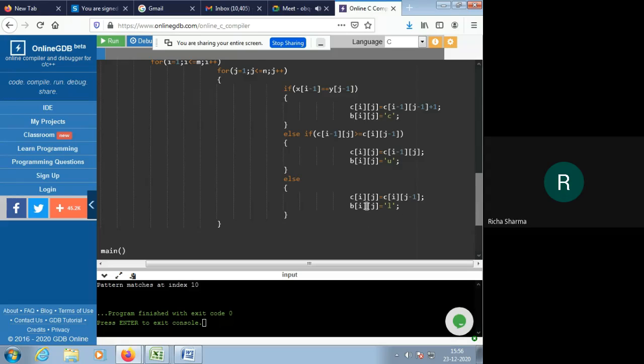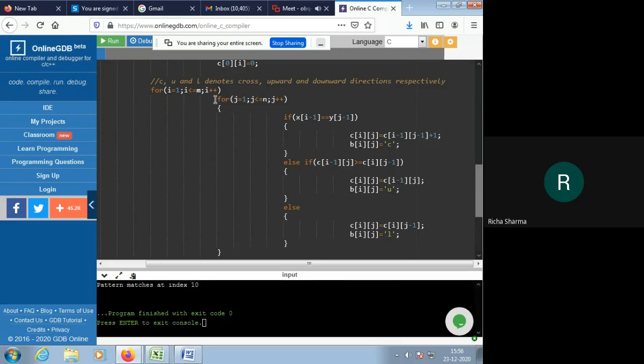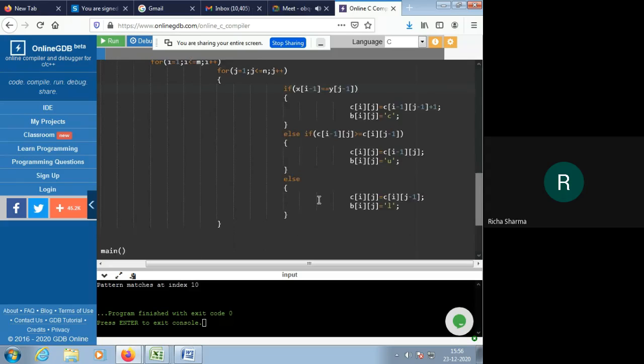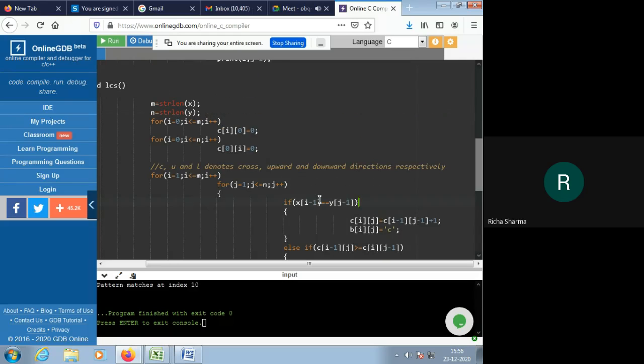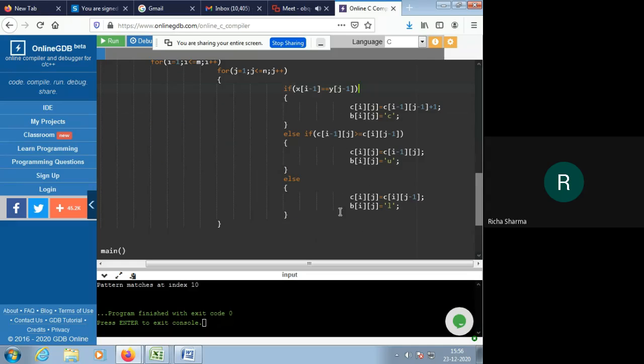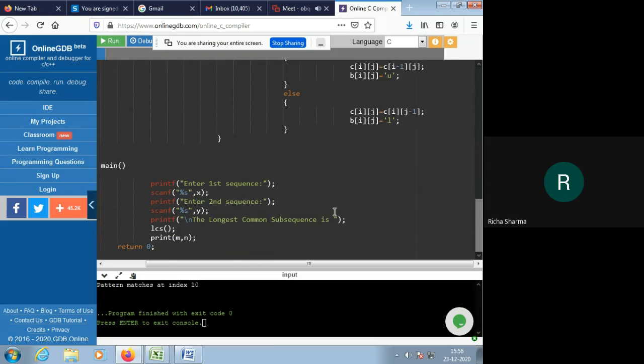So in this manner, this for loop will continue and all the characters are matched, and according to that, both the matrices C of ij and B of ij will get updated. Then at the end of the sequences of two strings, we will complete this LCS function and return to our main function here.